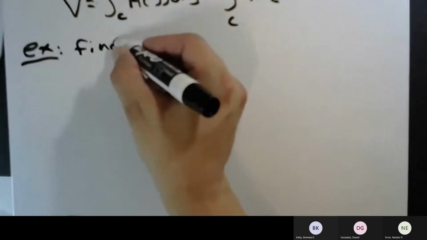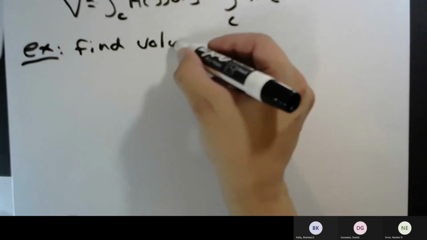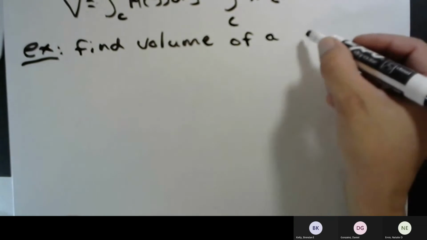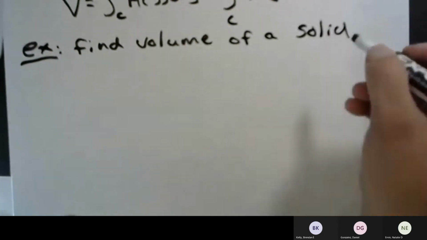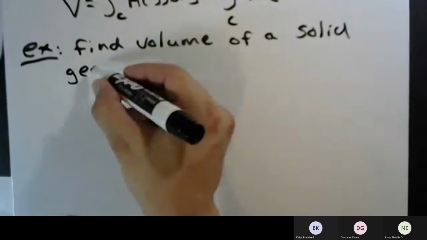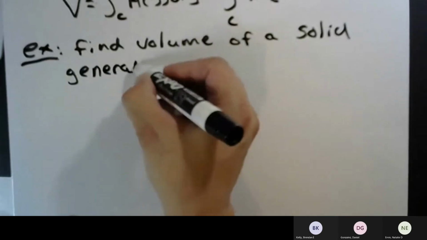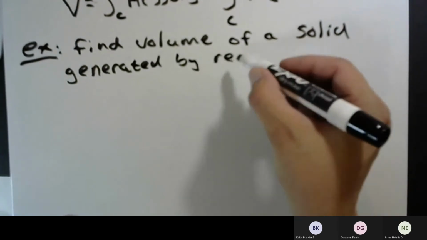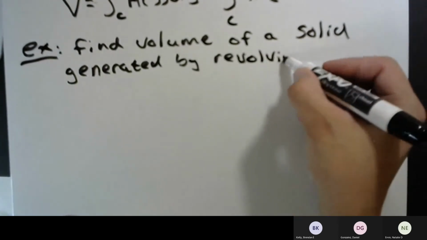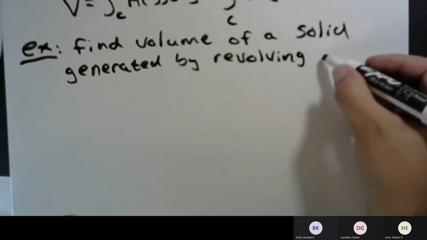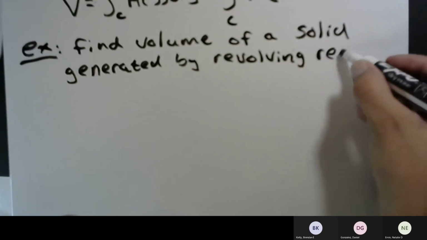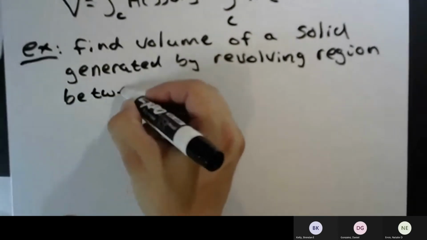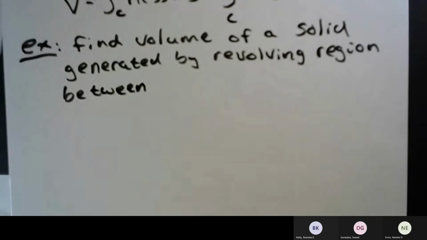We'll find the volume of a solid generated by revolving the region between